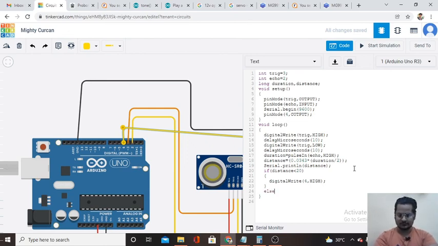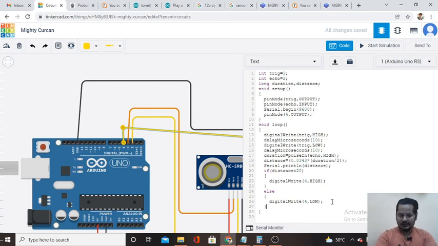Else, in else I will write digital write low. So if this object comes within 20 centimeters, then I will turn on this LED, and if it is not, then this LED will be off.